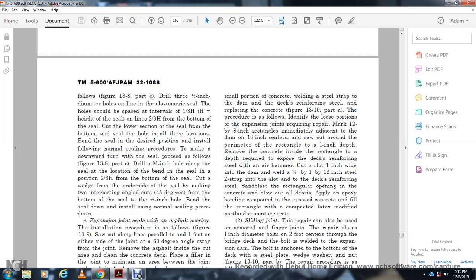requiring repair. Mark a 12 by 8 inch rectangle immediately adjacent to the dam, 18-inch center. Saw cut around the perimeter of the rectangle to a 1-inch depth. Remove the concrete inside of the rectangle over the depth required